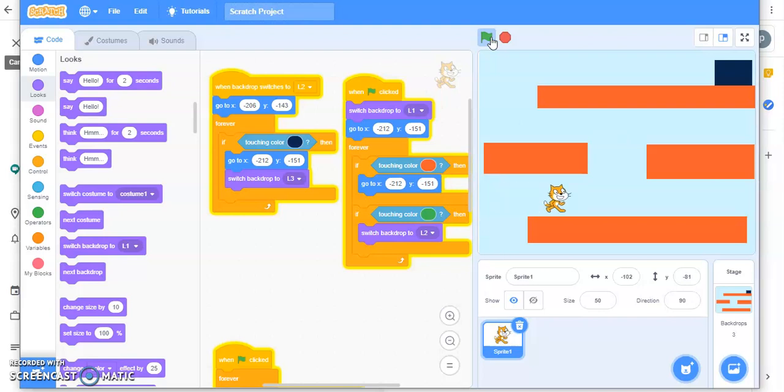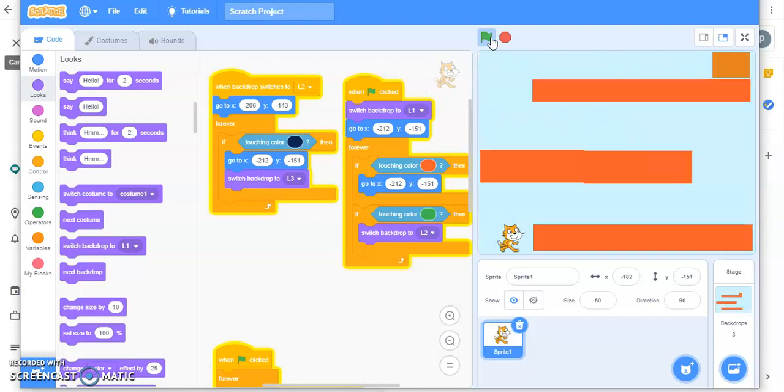Second level is a little bit difficult because these blocks are very much near. Now as it touched the blue color, it has come to the third level.